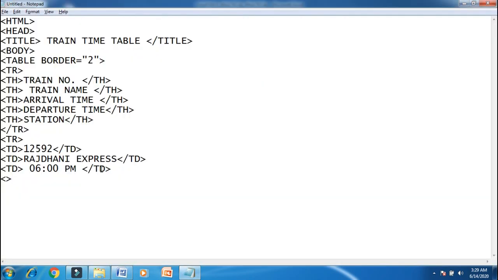Departure time 6:05 p.m., so I'm writing departure time 6:05 p.m. here. Again td tag close. After that the station name, Surat, so I'm writing Surat here. This td tag close.